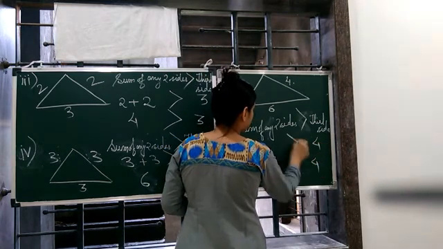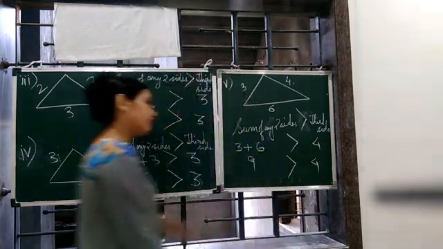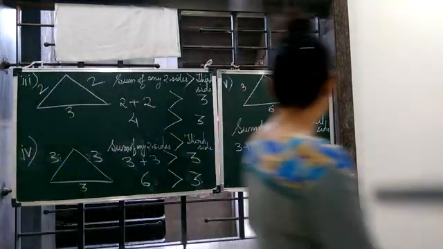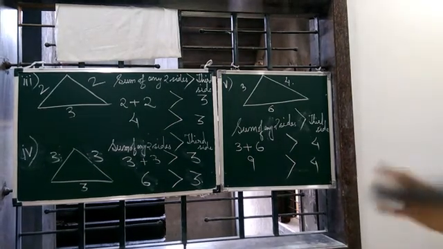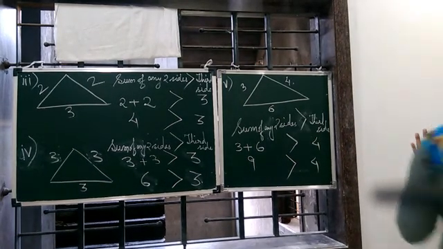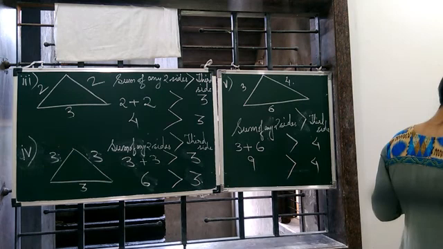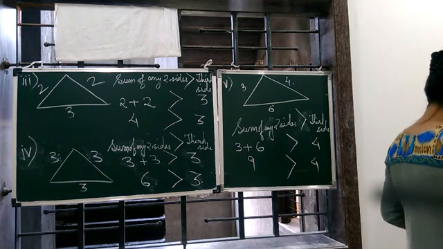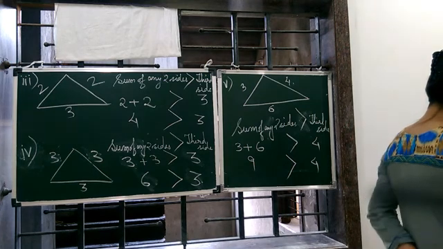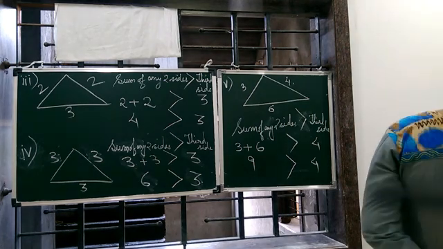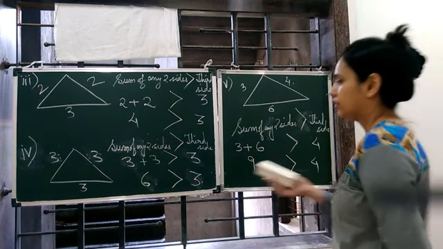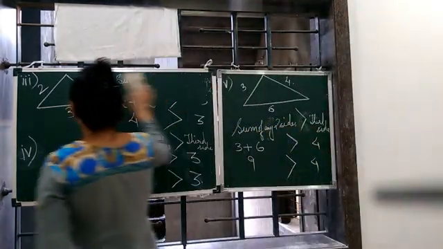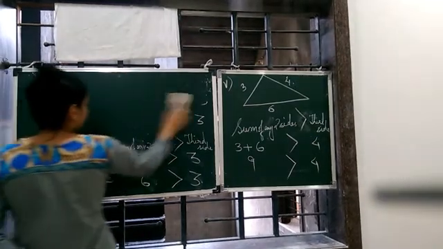Here, can you see? So the fifth time also we have proved that sum of any two sides of a triangle is always greater than the third side. Okay, so in each case we have seen that the sum of the lengths of any two sides is never less than the third side. So this we will write. This is the question part which we will write.